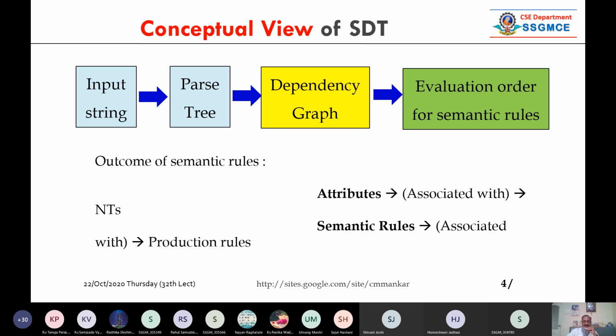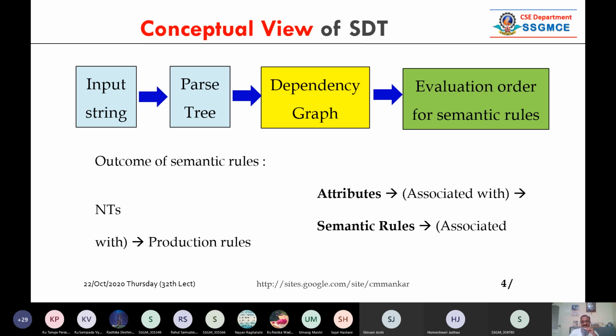Now this is the conceptual way we do direct translation. We read the input string, and we generate the parse tree from that string of tokens. Then from the parse tree, we generate the dependency graph. Once we generate the dependency graph, we try to evaluate it. We saw one expression last time. Evaluate means to find out the semantics, the meaning, of that statement or set of statements.